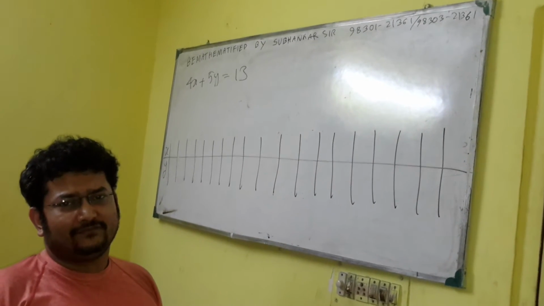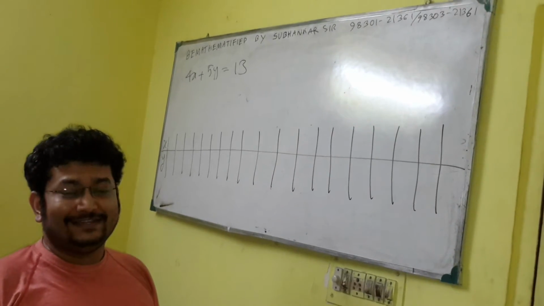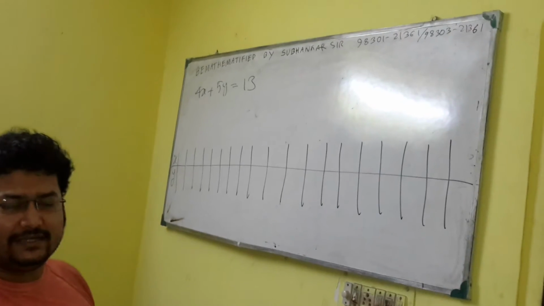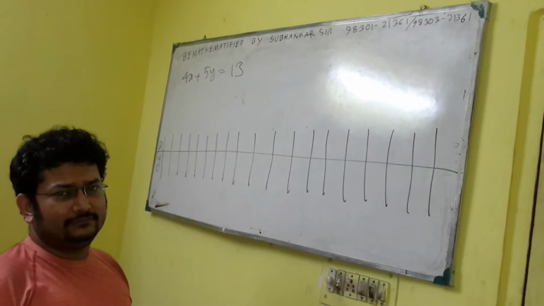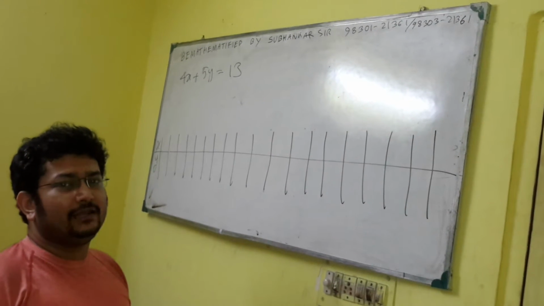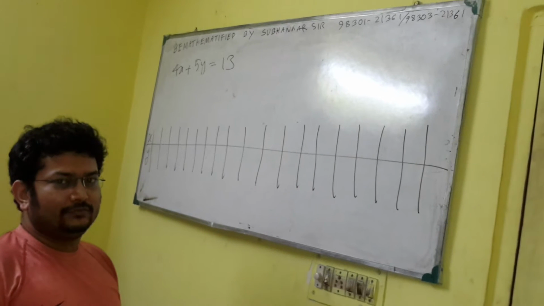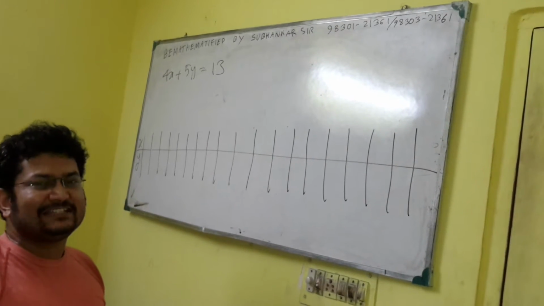Here we will be discussing a very elementary concept: plotting of points into a graph very easily. So this is an equation: 4x plus 5y equal to 13. And there are 19 sets of values I need to find. I need to find all integral values. Seems tough, right? No. With some very easy tactics, you can find out in surprisingly less time.